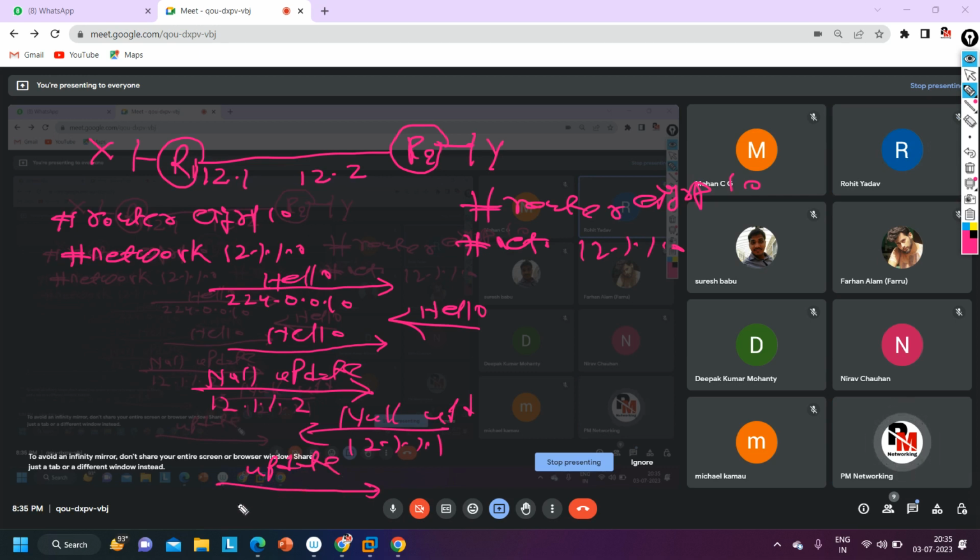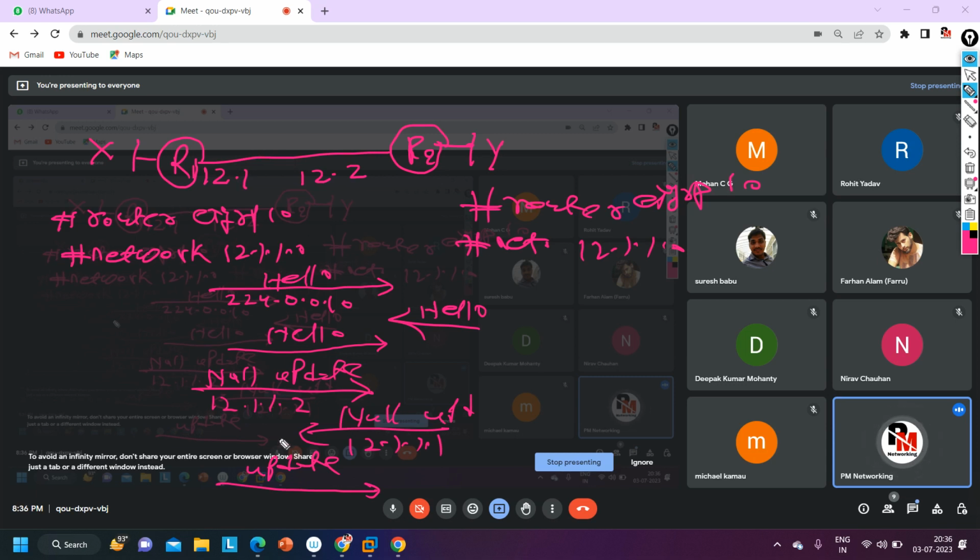In the update message, which network information will it carry? Directly connected local area network. Where is the local area? Means X network. I have not advertised X network in EIGRP till now. So it will carry 12.1.1.0? No. Always keep in mind, a router never includes the network which is running on the segment from which the router is going to send the update message. So in any update message which router 1 will send to router 2, it will not include the 12 network. This is the behavior of all routing protocols. It will never include the 12 network.